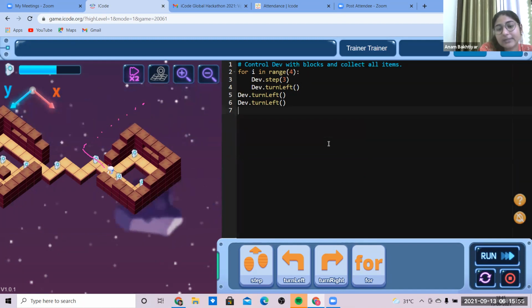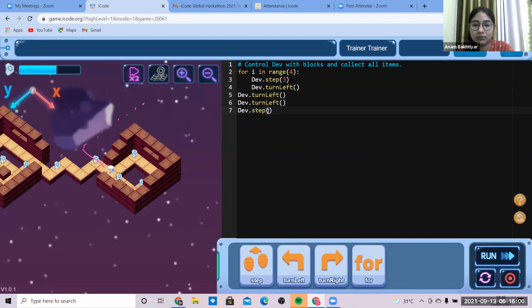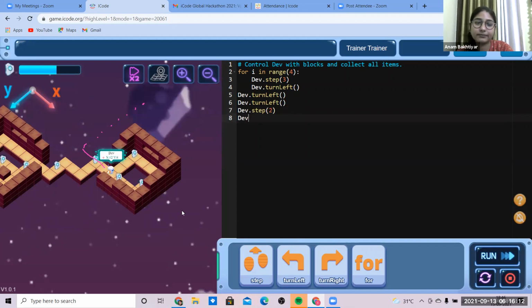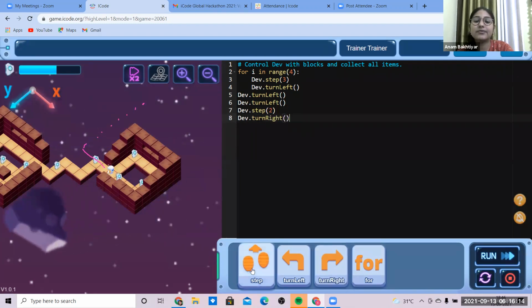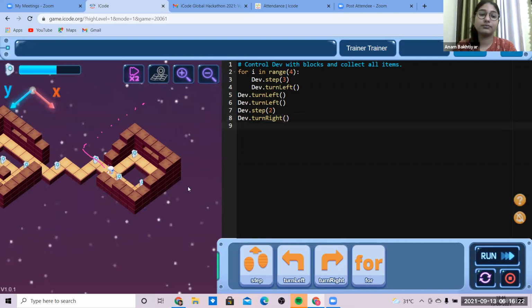So in order to do this, we need to disintegrate it first. See, it has turned towards left over here. Now it is taking how many steps? It's taking 2 steps forward. Then it's turning towards right. Then it's taking 2 steps forward again. Let's run the program.